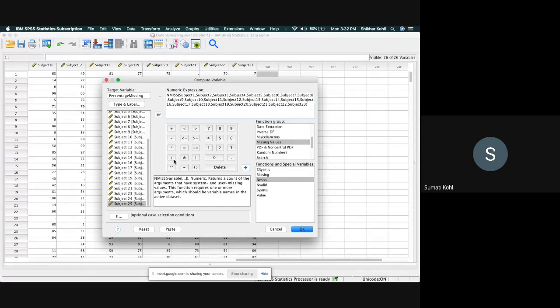The divide sign is this slash, or you can also put it through your keyboard, /23, and all of us know we have to multiply it by 100, right? So multiply and then 100. So all you have to do is, after putting all the subjects within the bracket of NMISS, divide it by 23 and multiply it by 100.